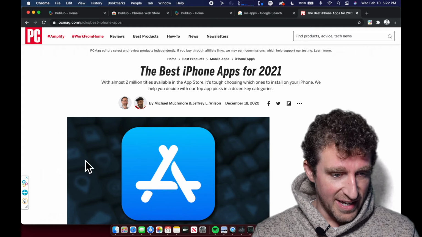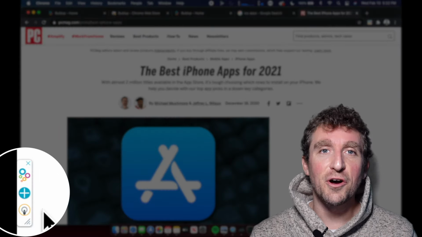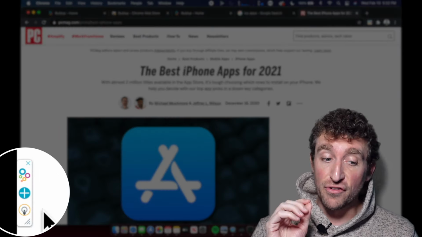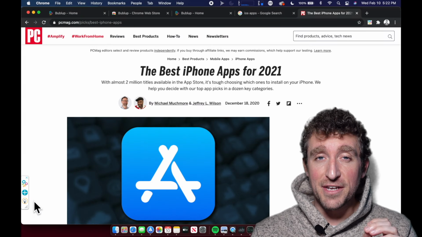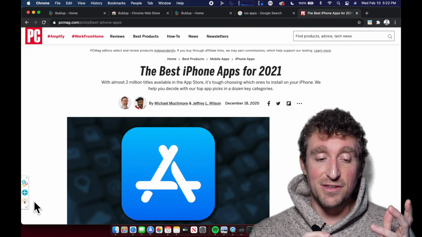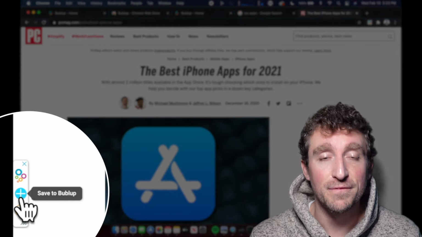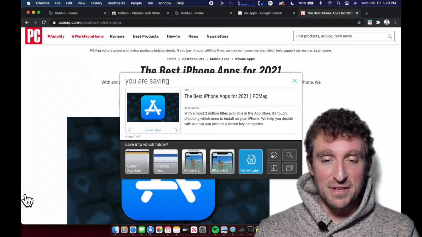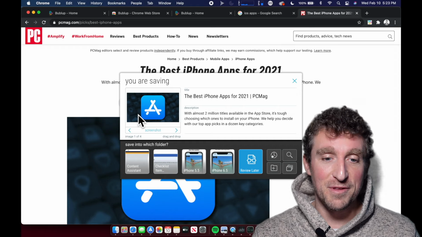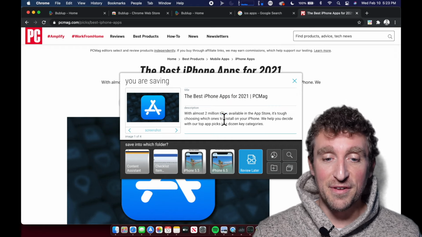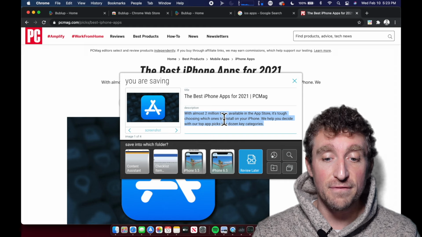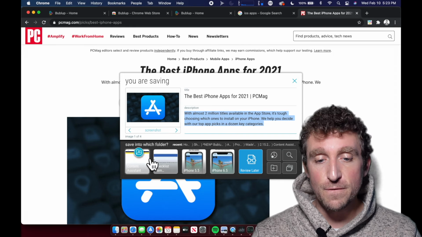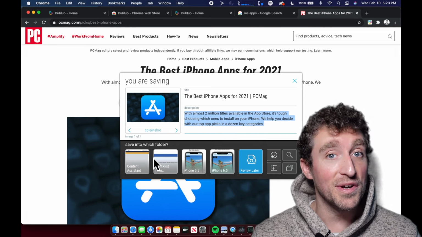So what I do here is I use this little new bar. It's called the Nano Bar and BubbleUp made it. It's super cool. It's got a bunch of functionality elements built right into it that I can use. So check this out. You know the little plus button from the cards in BubbleUp. If I hit plus, save to BubbleUp, I get a screen that pops up. It grabs a screenshot from the link, it grabs title, it grabs some description text. I can change all of this on the fly if I like, and then it gives me a few folders I used last that I might want to save this in.